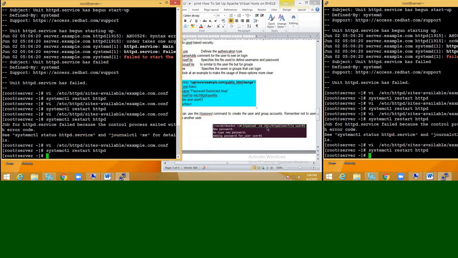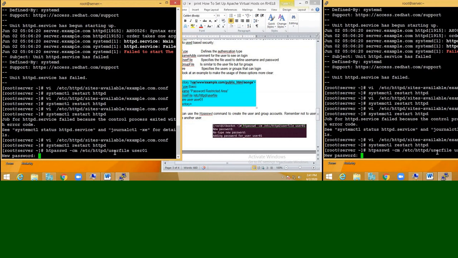Before that, let me create a username, that is user1. So htpasswd -cm /etc/httpd/userfile, space, and the username is user01.